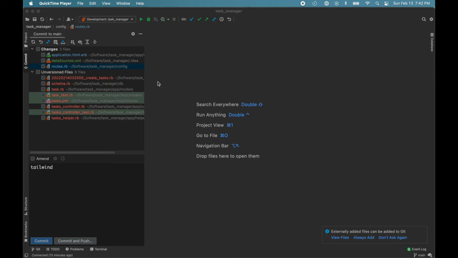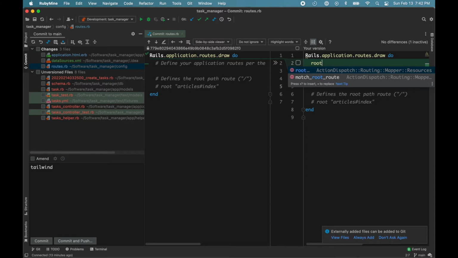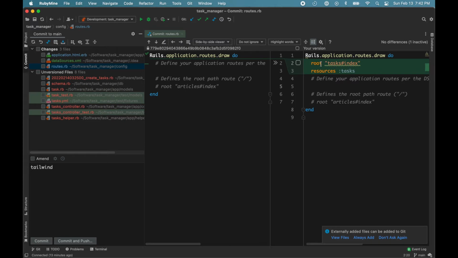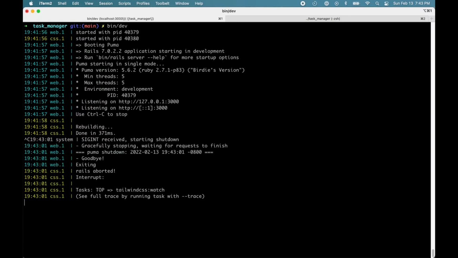Next, let's check out the routes file, and you can see the generate resource command has added a new resource for us. We'll update this file by adding a root directive. This tells Rails to take the user to the tasks index action whenever they visit the home page. Now, if we save this and restart our server